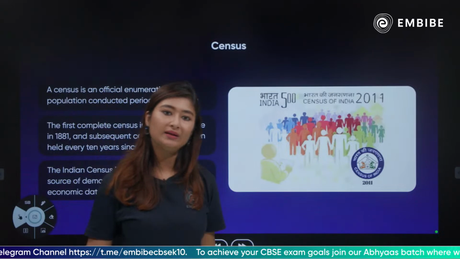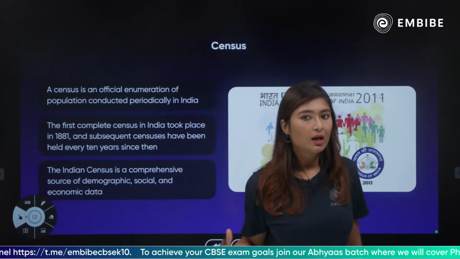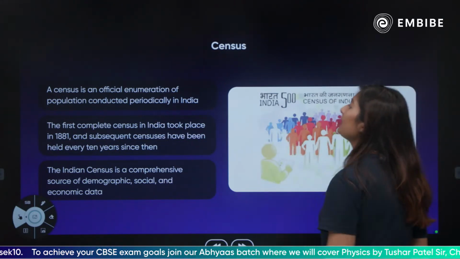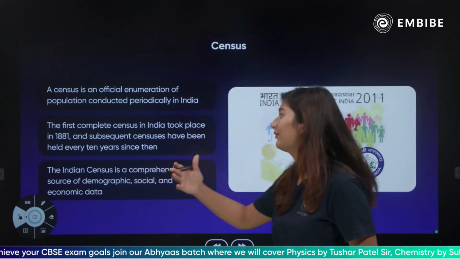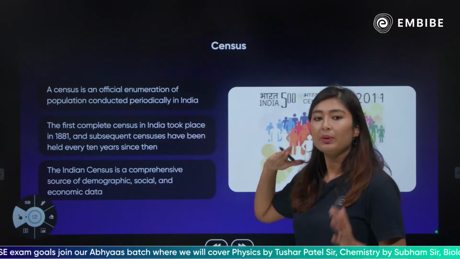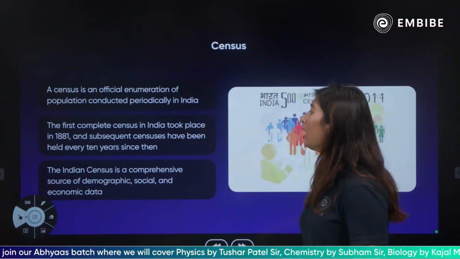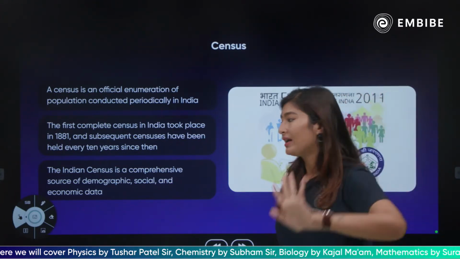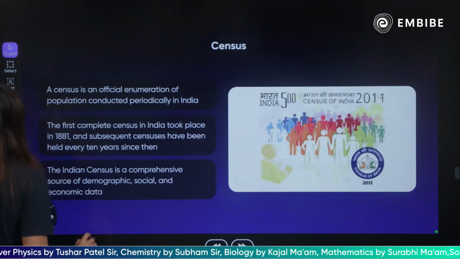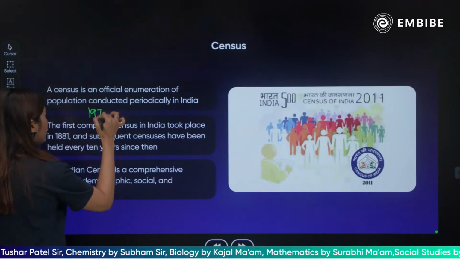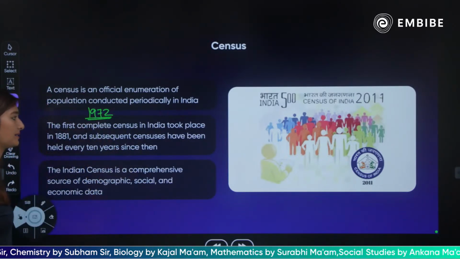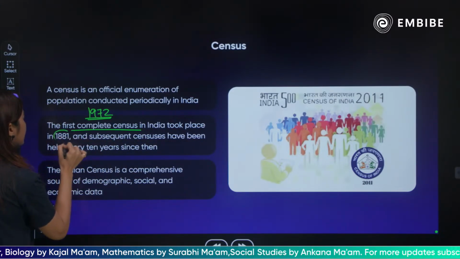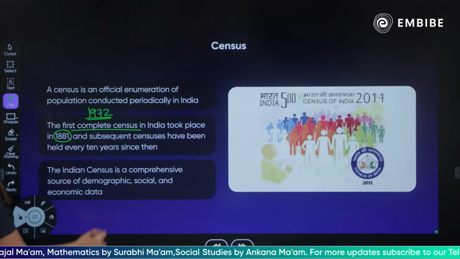Pastoralism हम एक हफ्ते बाद करेंगे. After almost 10 days, mid of November we will start. So census is an official enumeration, which means calculation of the number of population, done periodically in India by the government. The first census, you guys, was actually done in 1872. ठीक है, सबसे पहला कब किया गया था? 1872 में, but it was not a complete census. It took us another 9 years where we completed the first census in 1881.